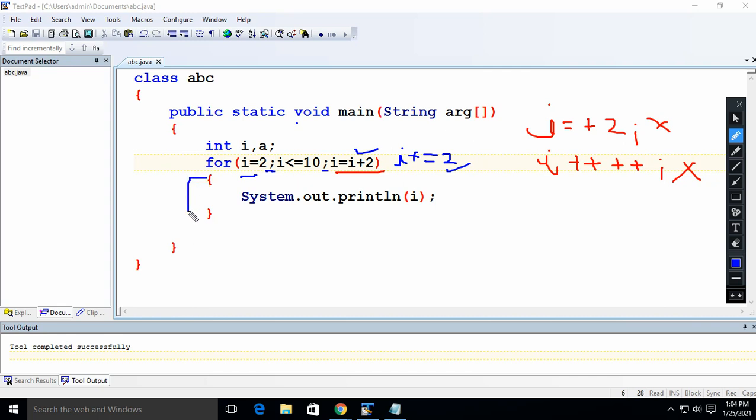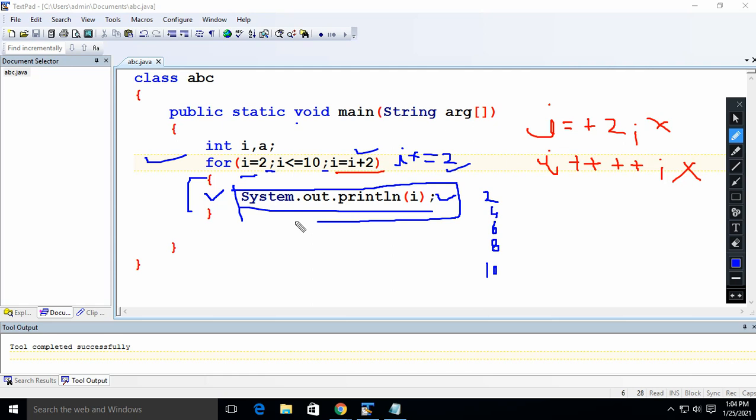In between is the body, which is going to execute 5 times. That is why you are getting 2, 4, 6, 8, 10. Whatever you want to repeat more than once comes under the body, and we are supposed to write the body inside the opening and closing curly braces. Am I clear, everybody?